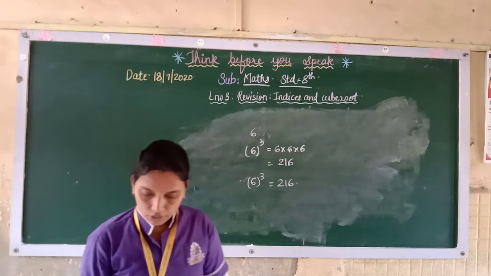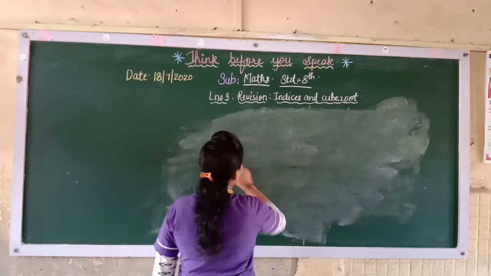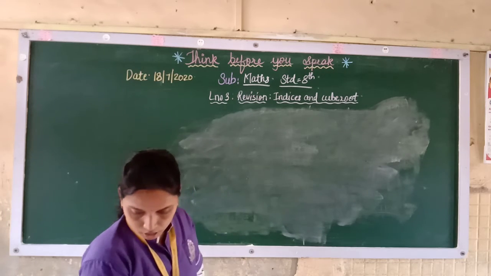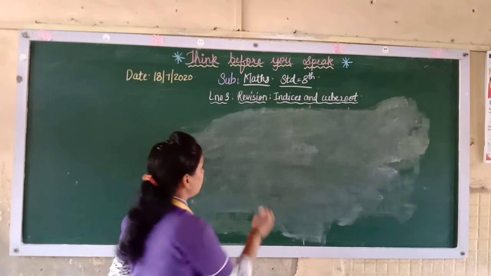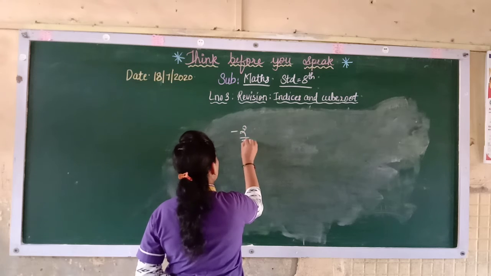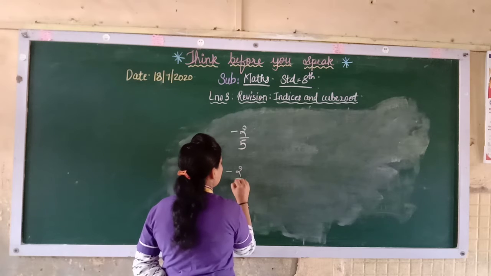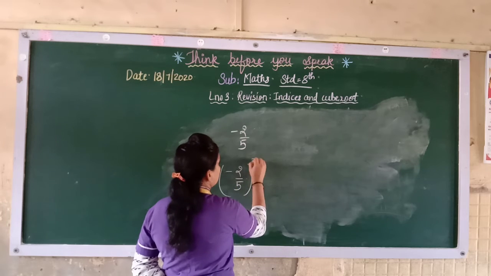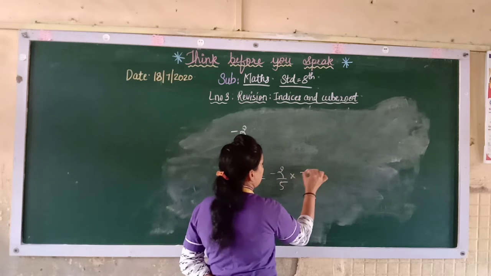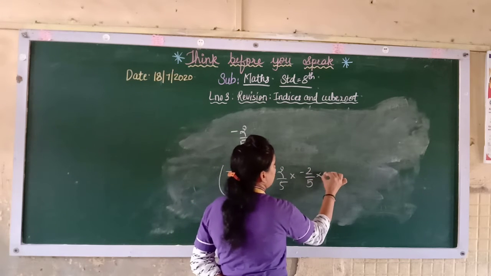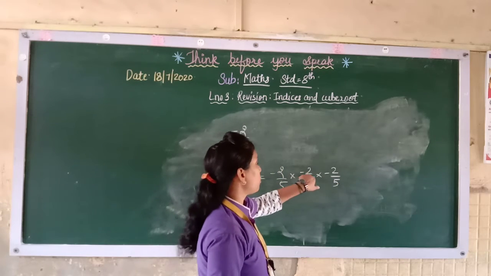216. Now further if you see, any number you can find out. Now if you are getting minus 2 by 5, you have to find the cube of minus 2 by 5. So minus 2 by 5 cube, how much will you get? You have to multiply the same number thrice, so that you will get the cube of it. Now see here, 2 2s are 4, 4 2s are 8.